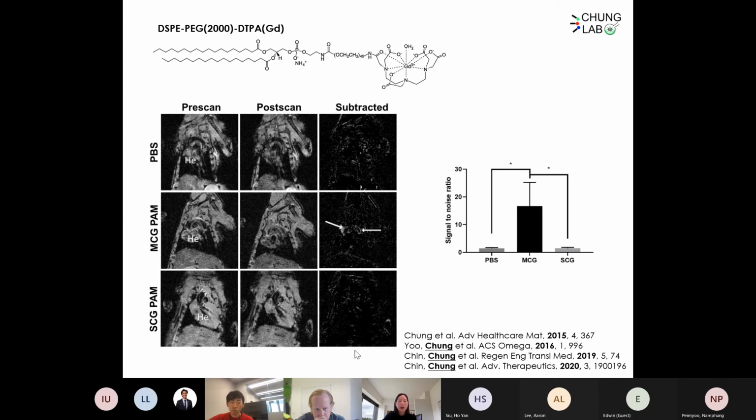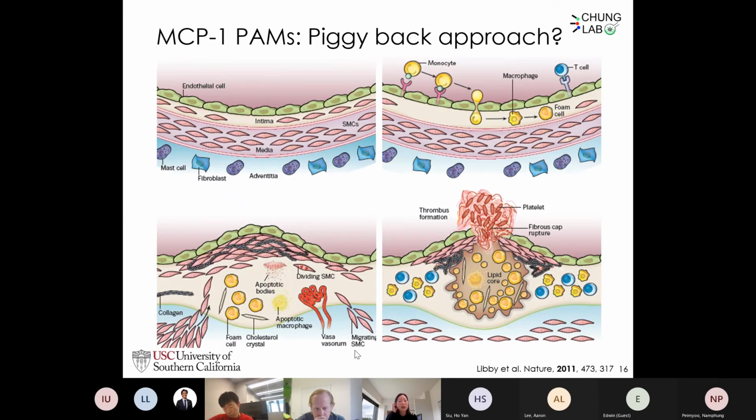All right, so having that as knowledge and background for some of the things that I want to get into a little bit more deeply: just when I was coming to USC, the smooth muscle cells were kind of ignored for a little while. And there wasn't much really known about them. And there was a big effort trying to understand more endothelial cell targeting, macrophage and monocytes and things like that. But it was interesting because the smooth muscle cells, as it turns out, through a lot of lineage tracing and really sophisticated animal studies